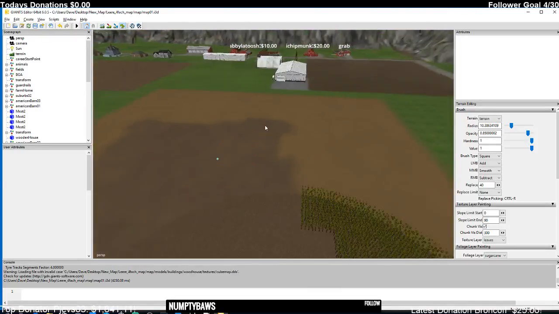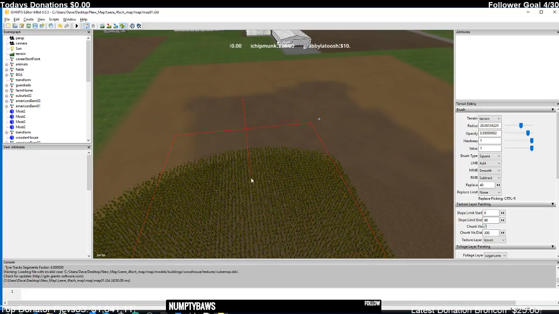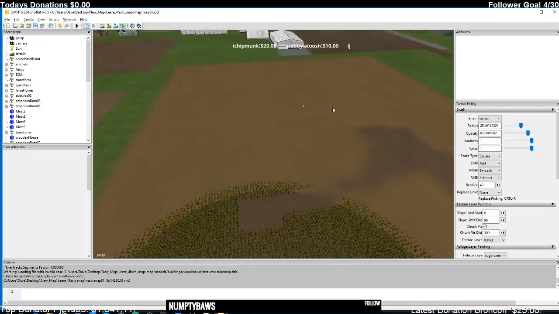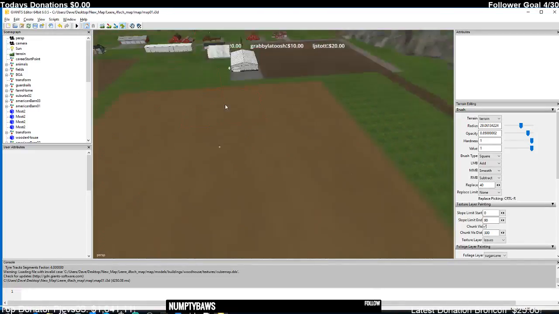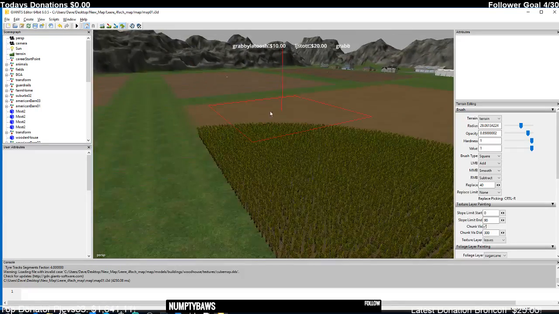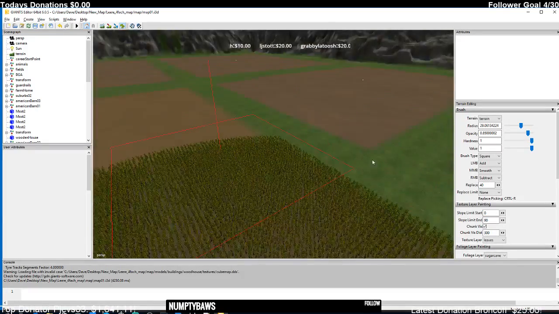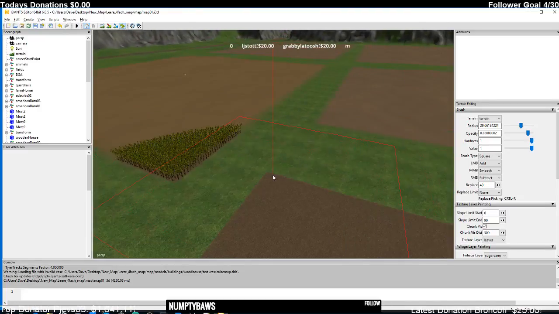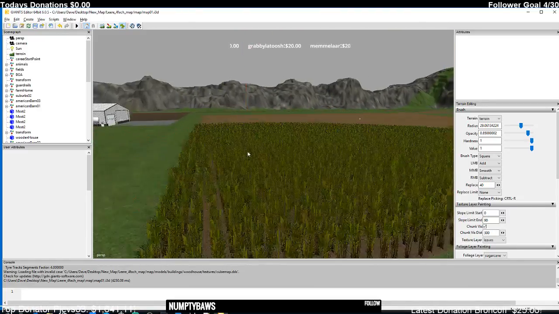So once you have your border done like that, it's much easier to make a bigger box and just fill it all in. There you go. We have a starter field full of sugarcane, which, interestingly enough, does have some funky colors in my sugarcane, but